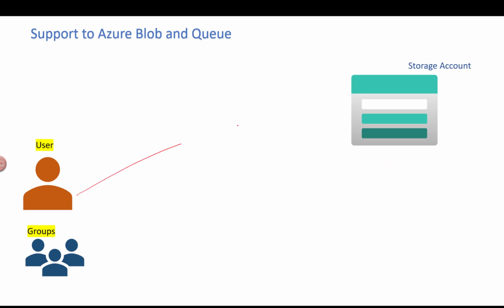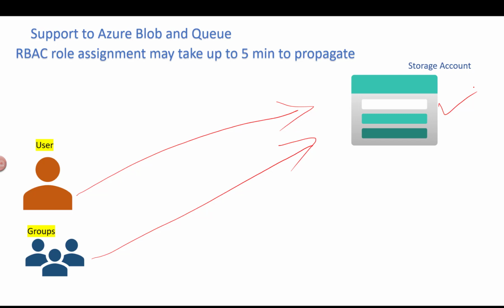Consider that you have applied permission for the users, or maybe a group of users, on your storage account. Once you apply the permission, it can sometimes take up to 5 minutes to apply appropriately on the storage and the data available in that particular storage account. To apply the permission, you should at least know what permissions are available in the RBAC built-in roles, so that you can apply the permission according to your need.